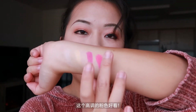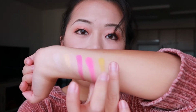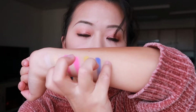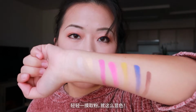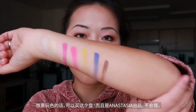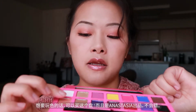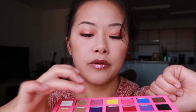I like this hot pink and this yellow and this blue and brown. Barely touched it, but it's very pigmented. If you wanna play with color, then this is a good eyeshadow palette, and with Anastasia's quality, I think it's a good choice. So second row,